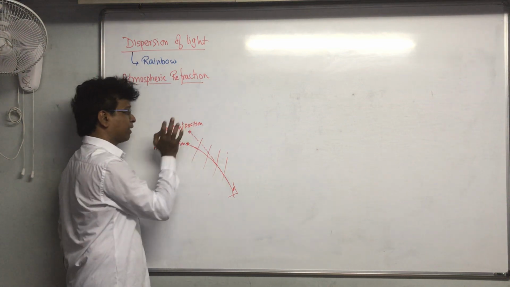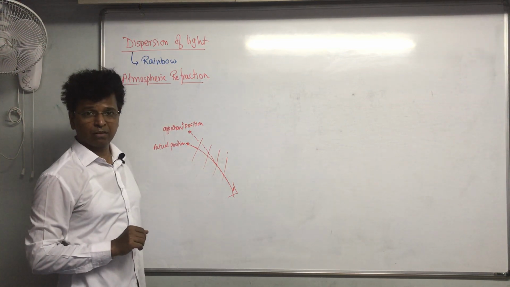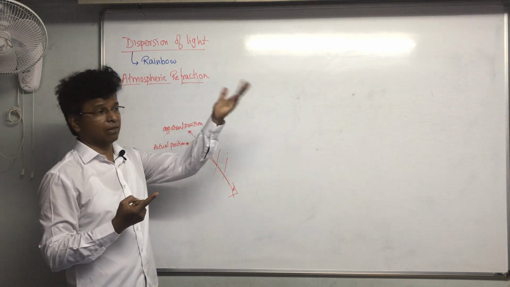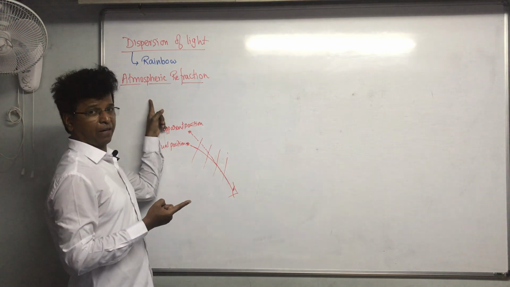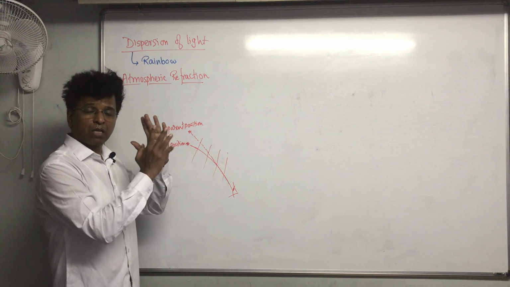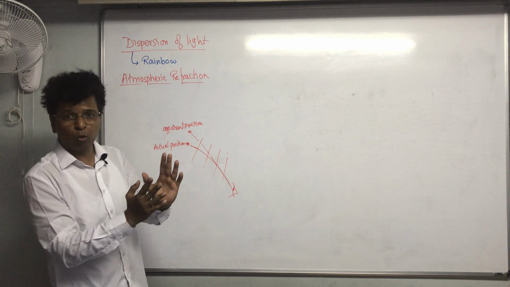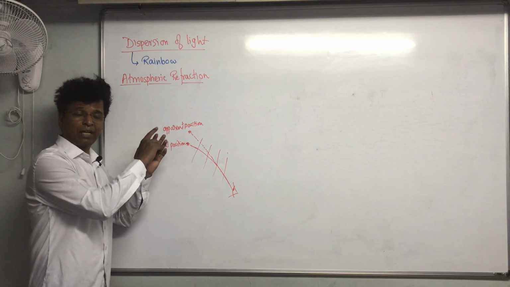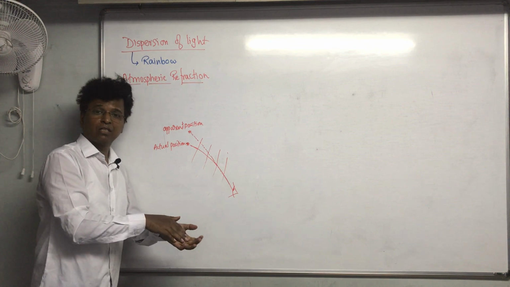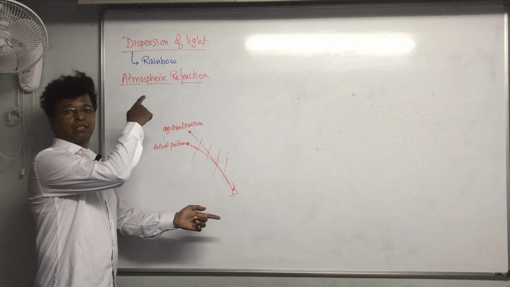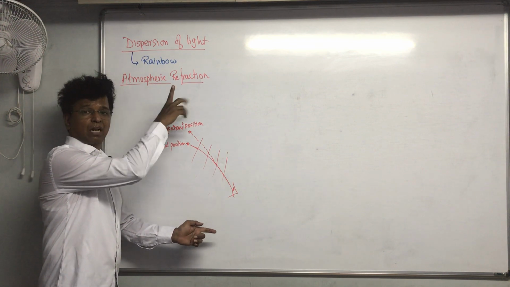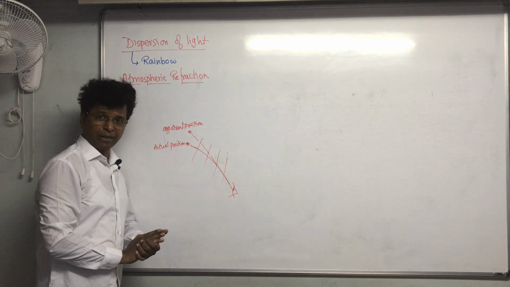That is basically because of, again, atmospheric refraction. The apparent position of the star is slightly higher than the actual position because of the atmospheric refraction. The density of the atmosphere keeps on changing. The density becomes higher as you come closer to the earth. Because of that, the rays of light that come from the stars keep on bending. But for us, the star appears to be in a straight line, which is slightly higher than the actual position, and the star appears over there. Are you getting my point?